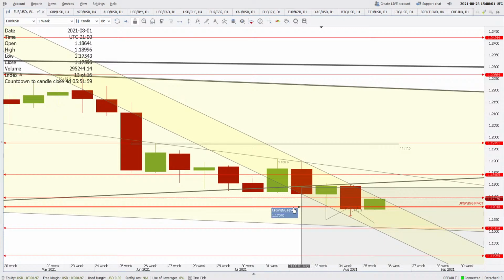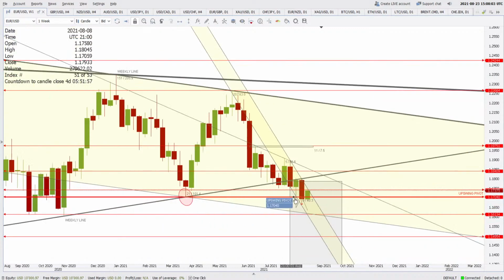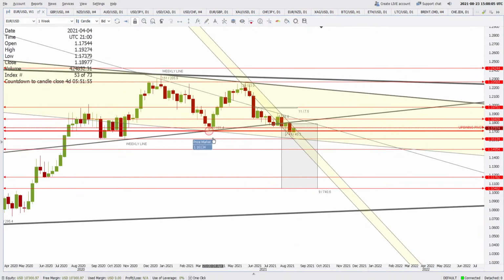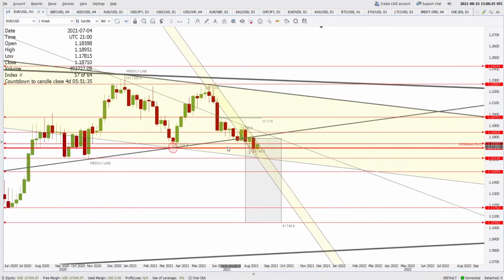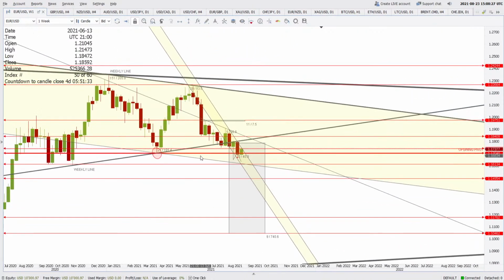crucial level of 1.1704. Why am I saying it was a crucial level? Because this was the previous low that the price had made. After this low, the price made a lower high, and after making this lower high, the price made a lower low, and it changes the structure of the market from higher highs and higher lows to lower highs and lower lows. That means now we are looking for selling opportunities in this market,